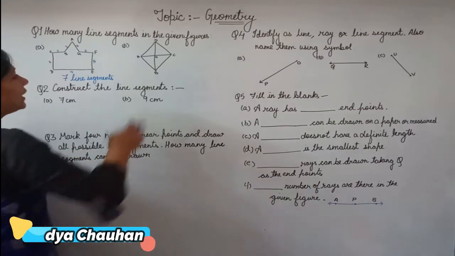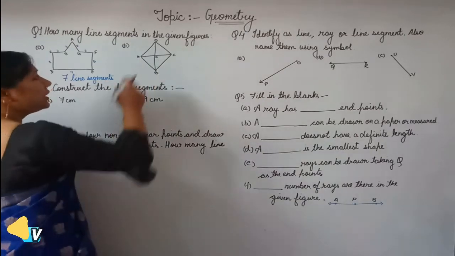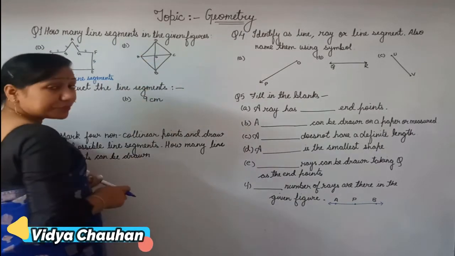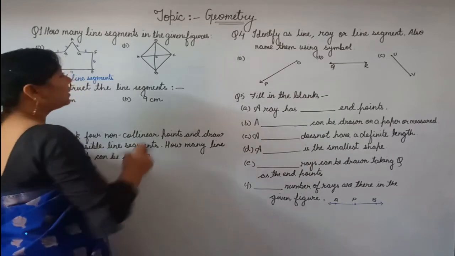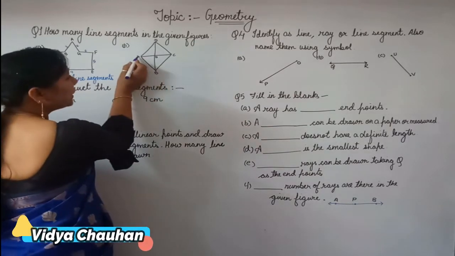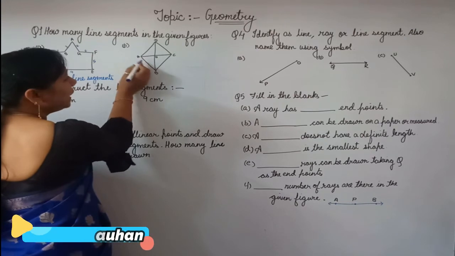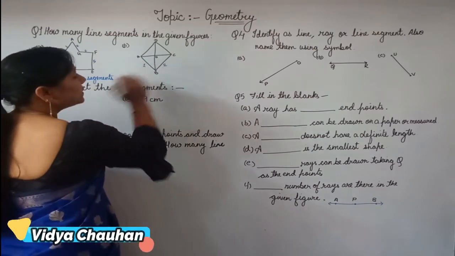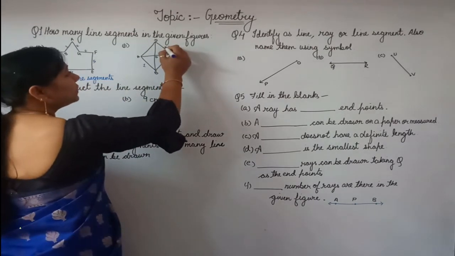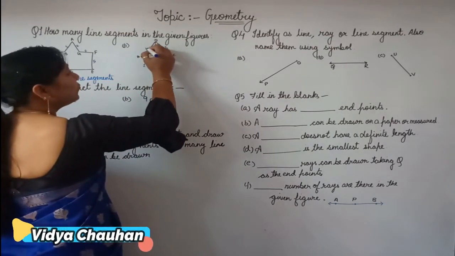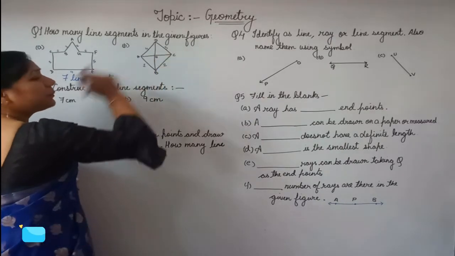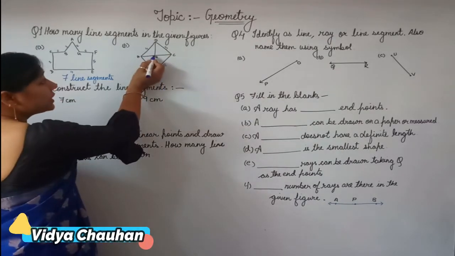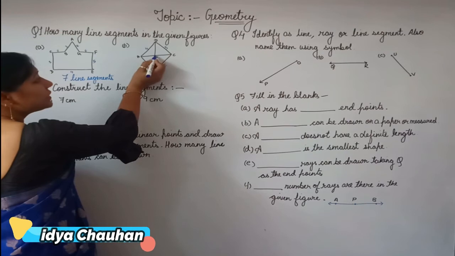Okay students, now coming to the second figure, in which you can see there is a four-sided figure given to you, and let's count the figure line segments here. A to B, 1. B to C, second. C to D, third. D to A, fourth. So there are 4 line segments outside, but you can see there are a few line segments from this point